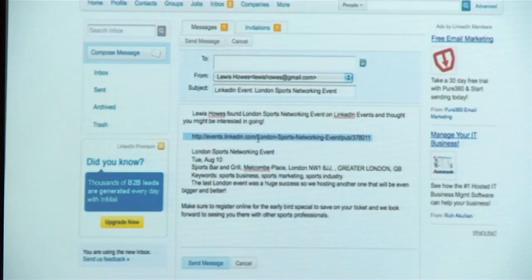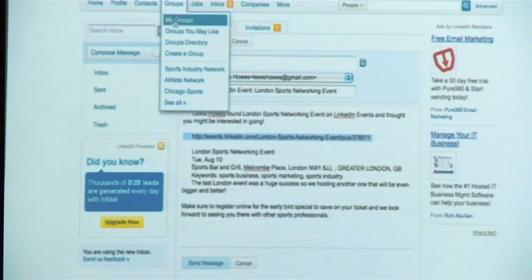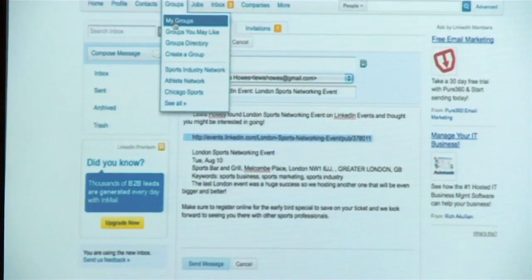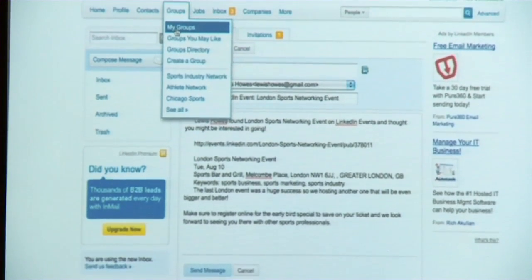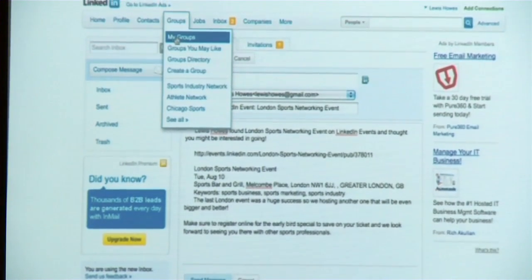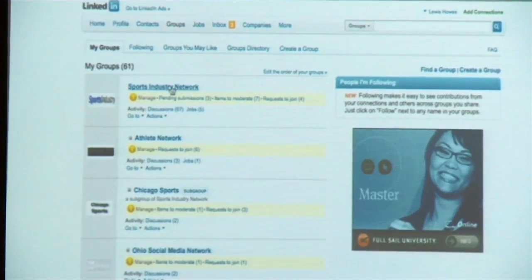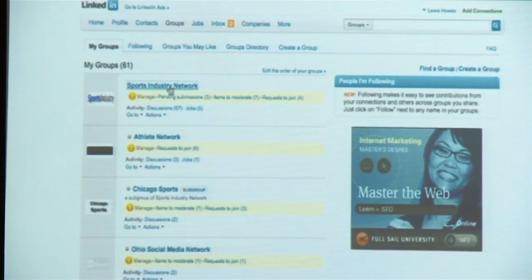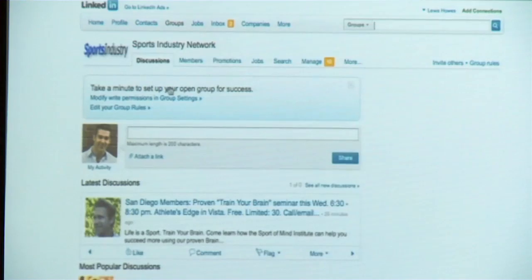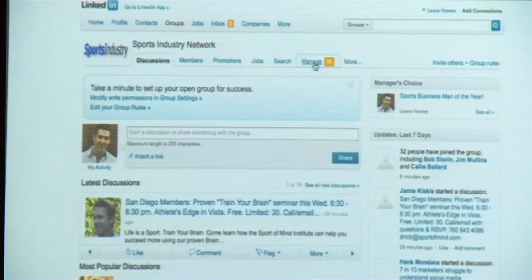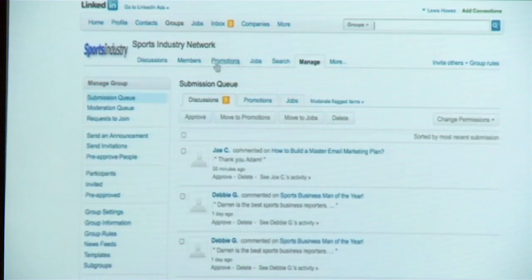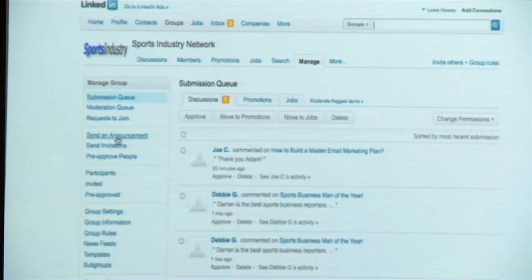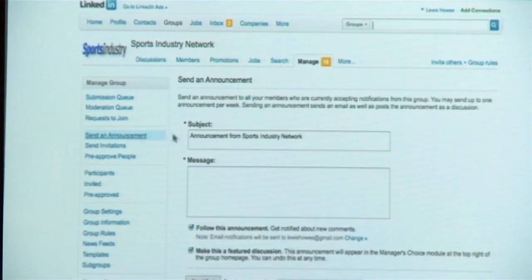And then all you want to do is go over to your groups. So for me, I've got the LinkedIn groups that I promote my events to. I'll start promoting a month before my event if it's a live event. And what I'll do is I'll use my group right here, say if it's a sports industry event. If it's a local one, then I'll send it to the local niche related groups, the subgroups. So I could send it to the whole group by clicking on send an announcement there and say something like live event in London,